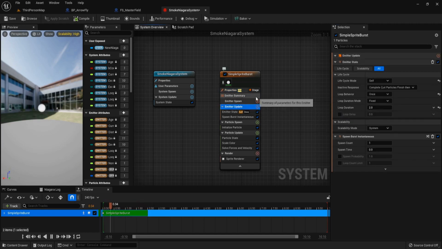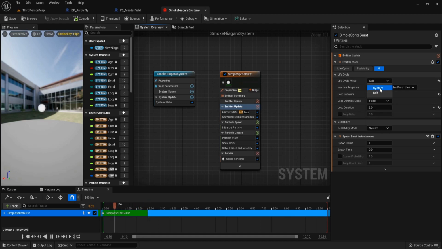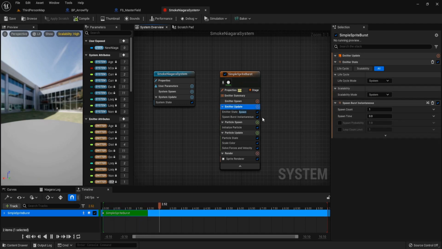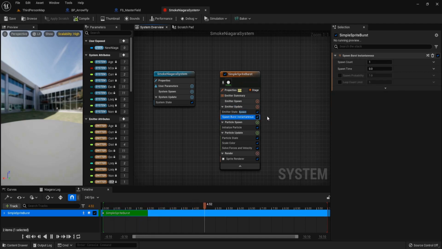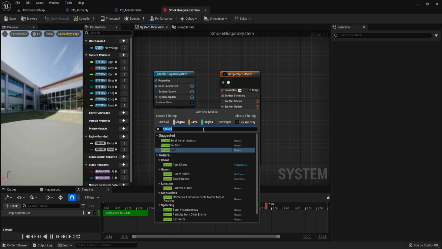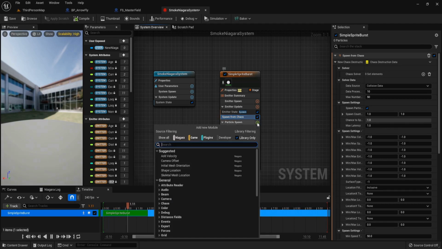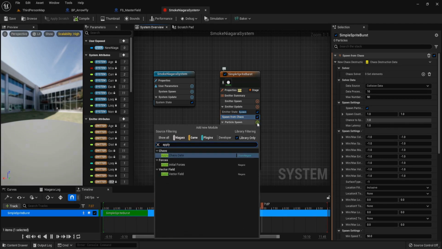Click on emitter update, set the lifecycle mode to system. Delete this burst instantaneous, and we add, click on plugin and search for spawn from chaos. For the particle spawn, add apply chaos data.